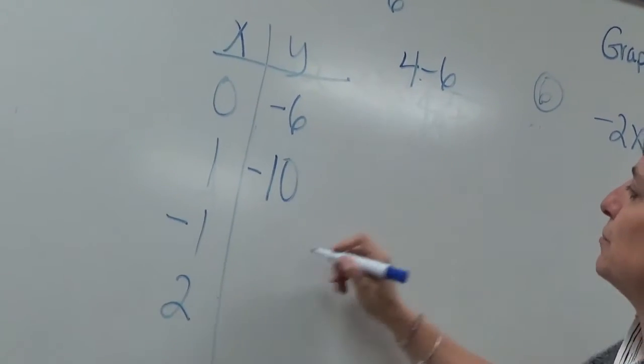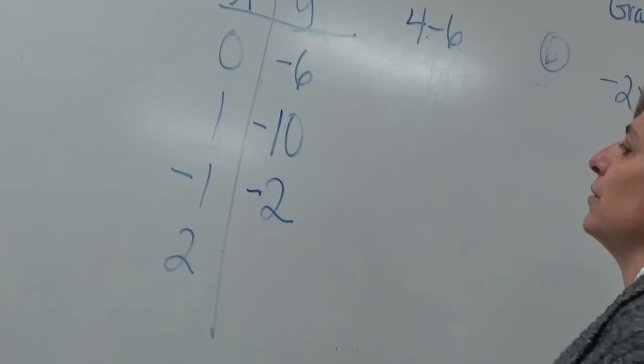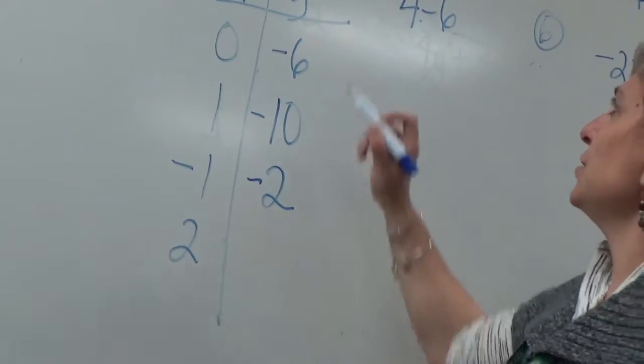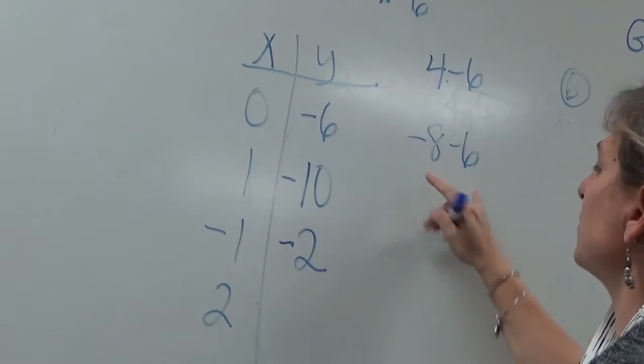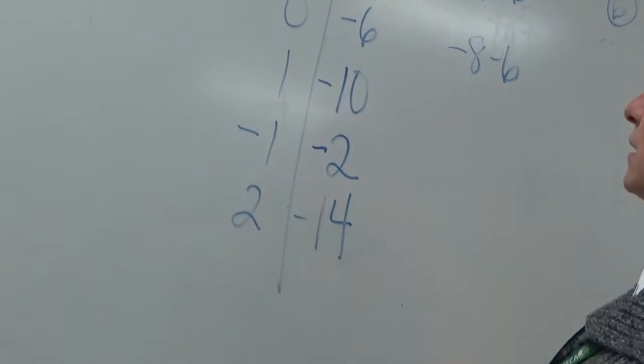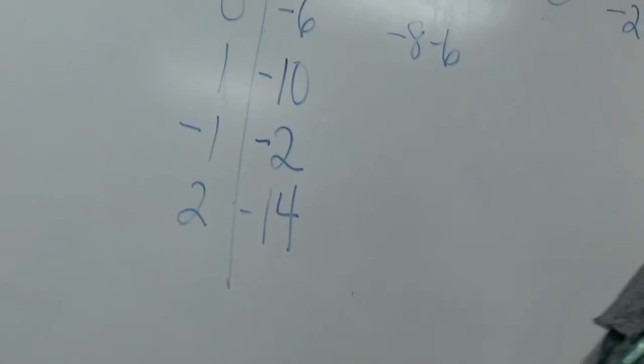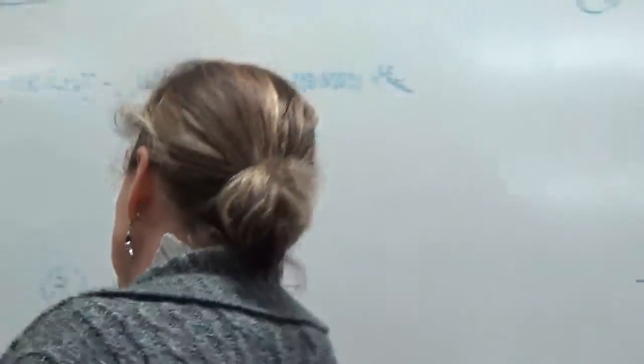Signs are different. Subtract the numbers. Take the sign of the bigger number. And finally 2. 2 times negative 4 is negative 8 minus 6. Signs are the same. Add the numbers. Take the sign. Okay. So over here, I want you to see something because there's something else you have to